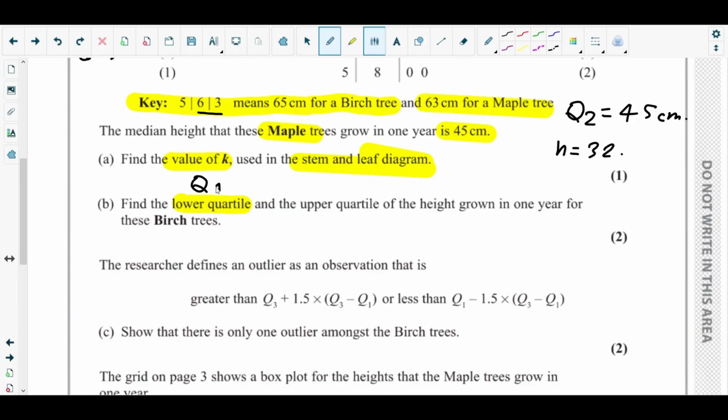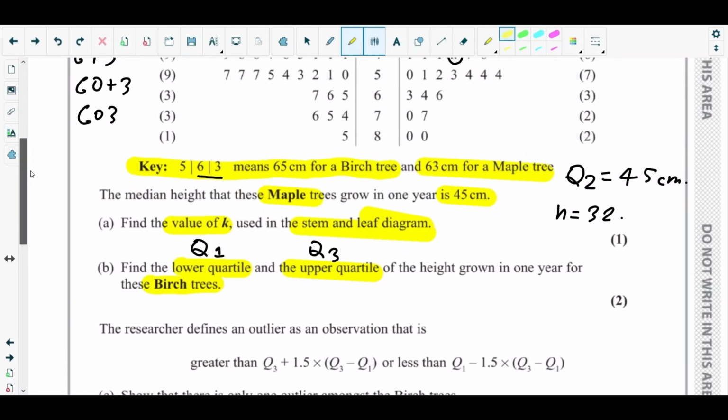Q1, and the upper quartile, that is Q3, right? Upper quartile is basically Q3. Okay, upper quartile of the height grown in 1 year for these birch trees. So now they are asking for the birch trees. Okay, so for the birch trees, I said earlier that